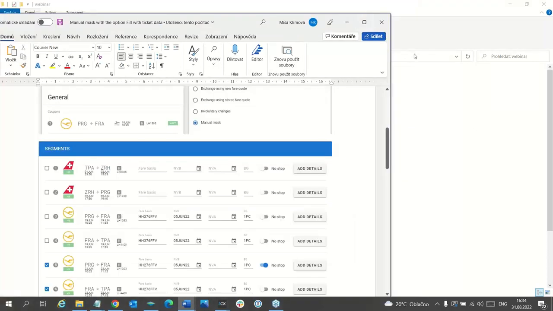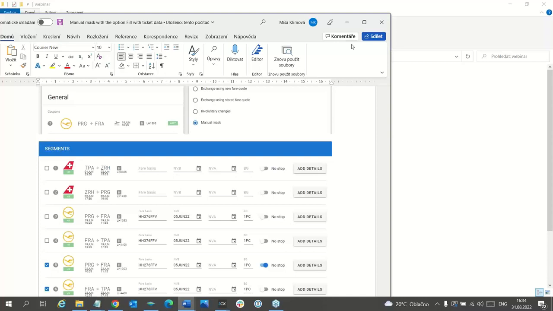It can happen when you are using new PNR, when you are doing exchange in new PNR. When you need to enter the ticket in new PNR, it is important to enter all tickets at the beginning, and then you can do the copy.